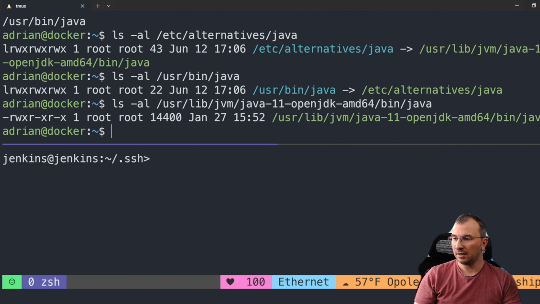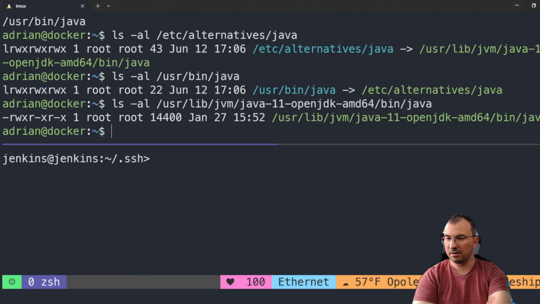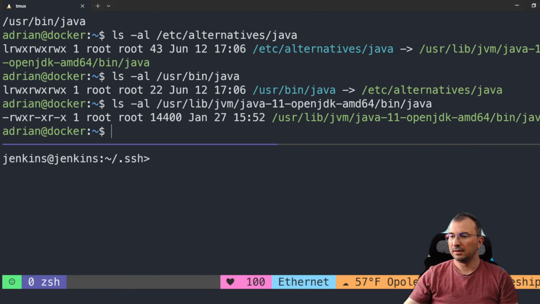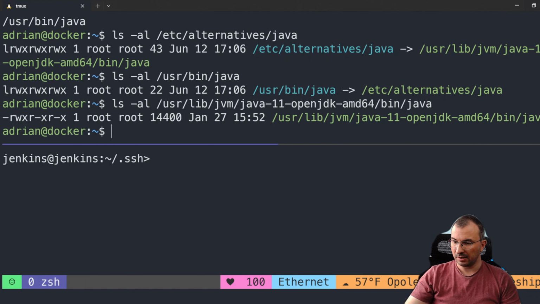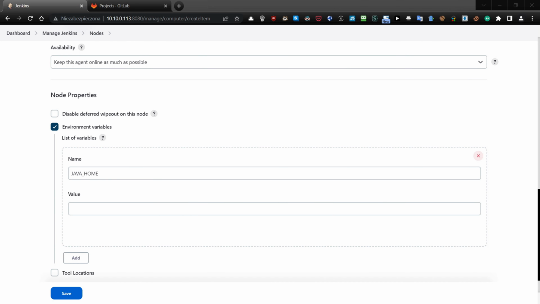What is that? And now you can see it is an executable file. So we will copy this path, okay, and we will go back to the Jenkins. Okay, so here we go,